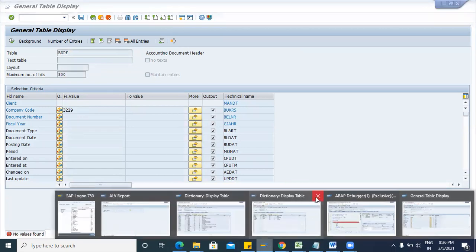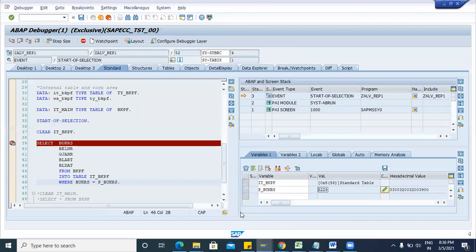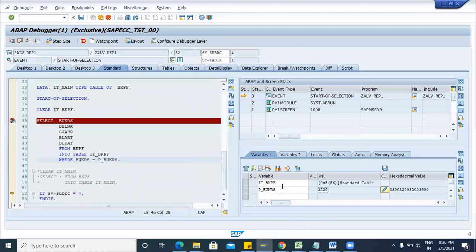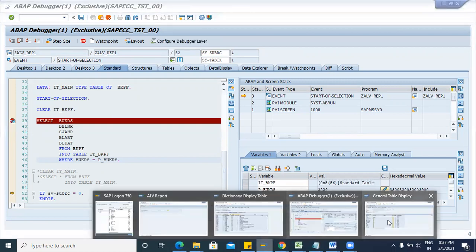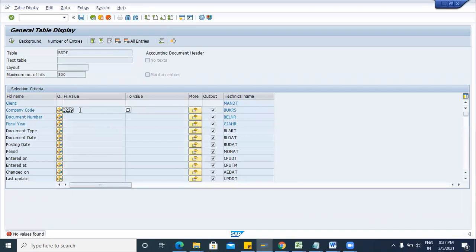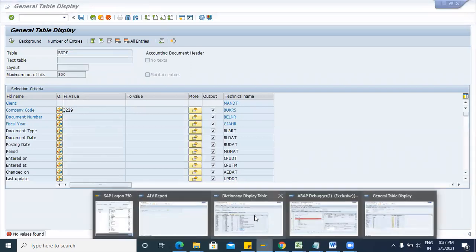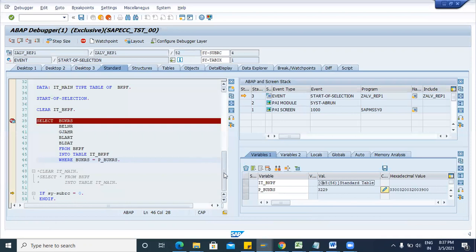Now let me show you the sy-subrc condition also. Your internal table is blank and your cursor is at this point. sy-subrc is 4 because for this company code, 3229, we do not have any data.